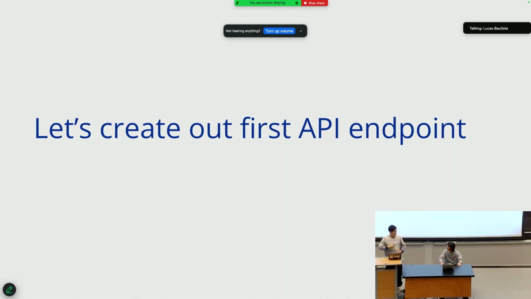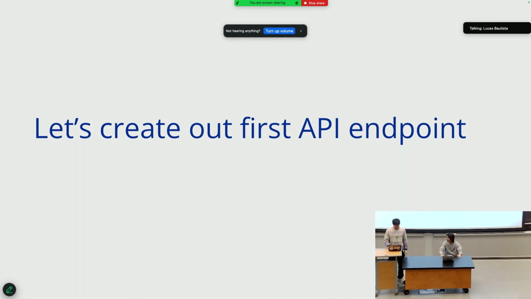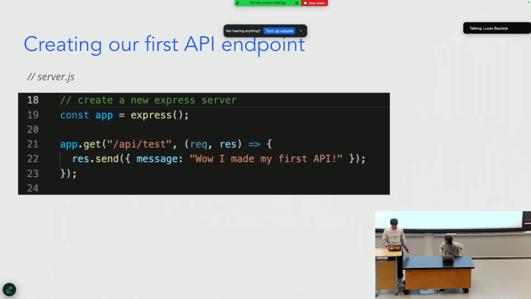I realized that "out" is spelled incorrectly here. OK, well, anyways. Yeah, so